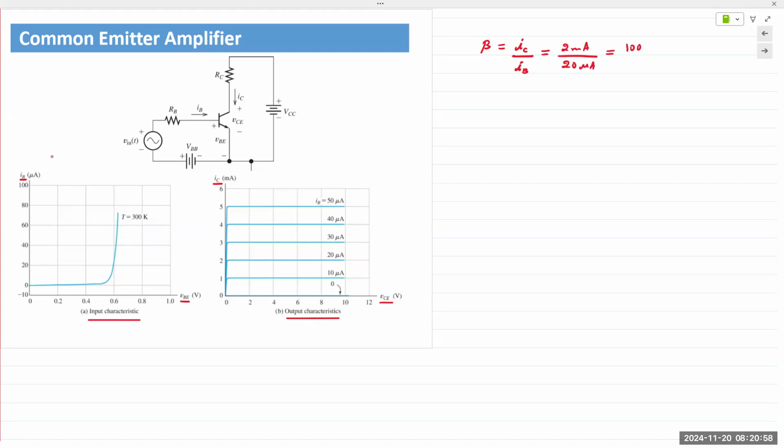Now, what we will do is perform load line analysis on this. The characteristics are given to us, so we'll write equations and perform load line analysis, and we'll see how we can transfer the input to the output. To generate our equations, we fall back to our linear circuit analysis techniques. In this case, we want voltages, so we're going to write KVL equations for the input and the output. So if you apply KVL for the input loop,